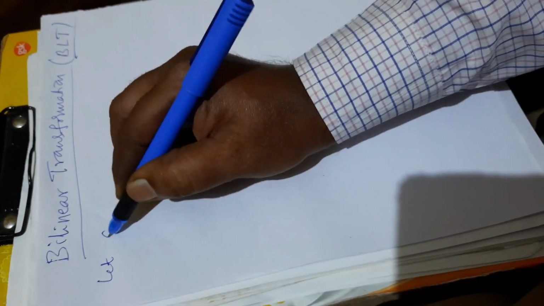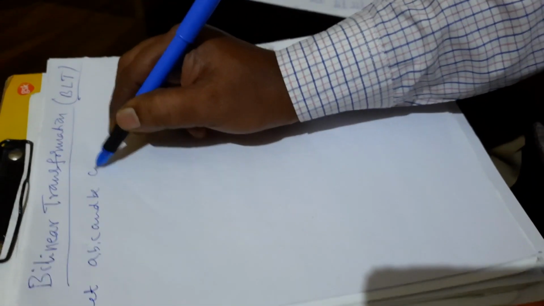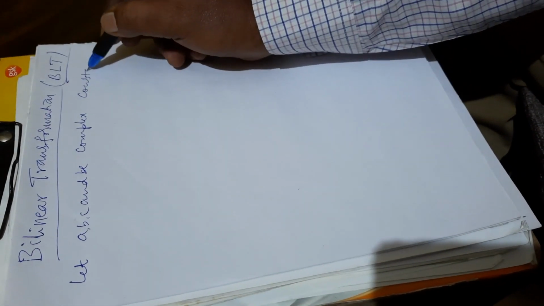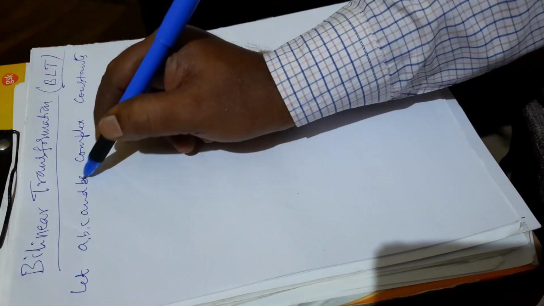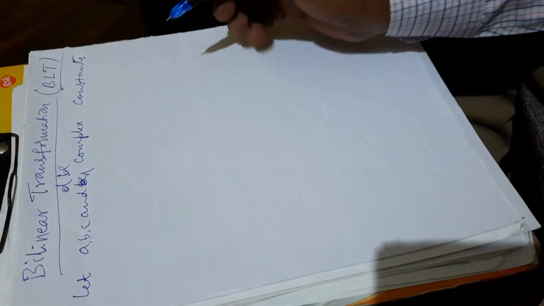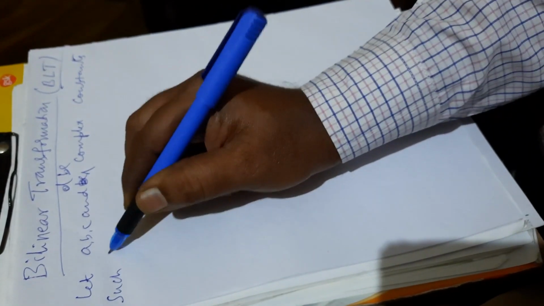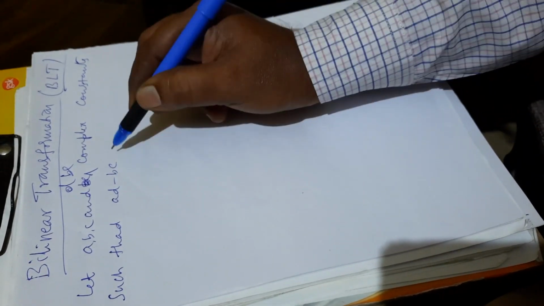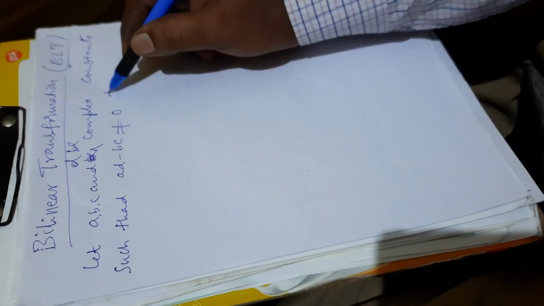Let small a, b, c and d be the complex constants such that AD minus BC is not equal to 0, then the transformation